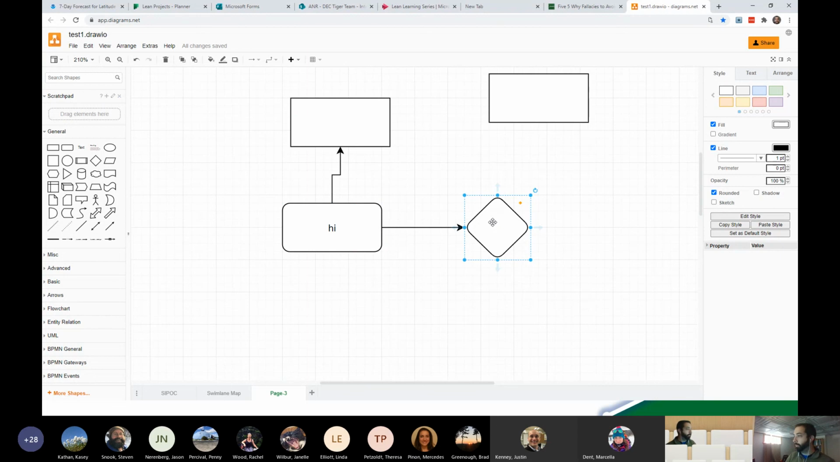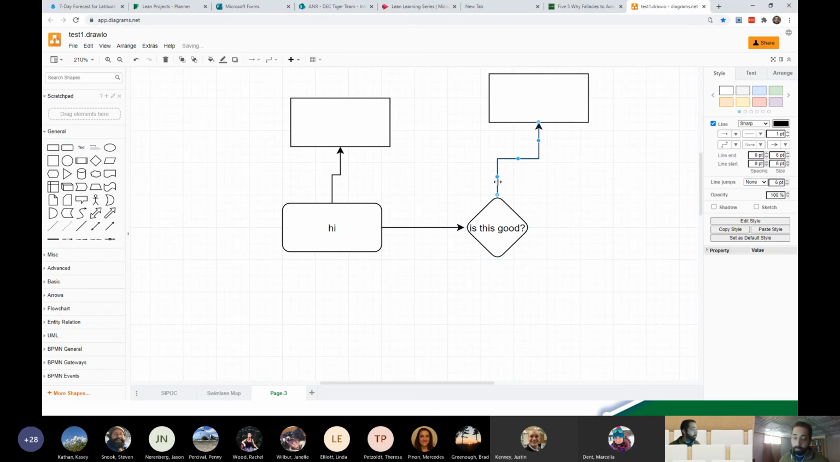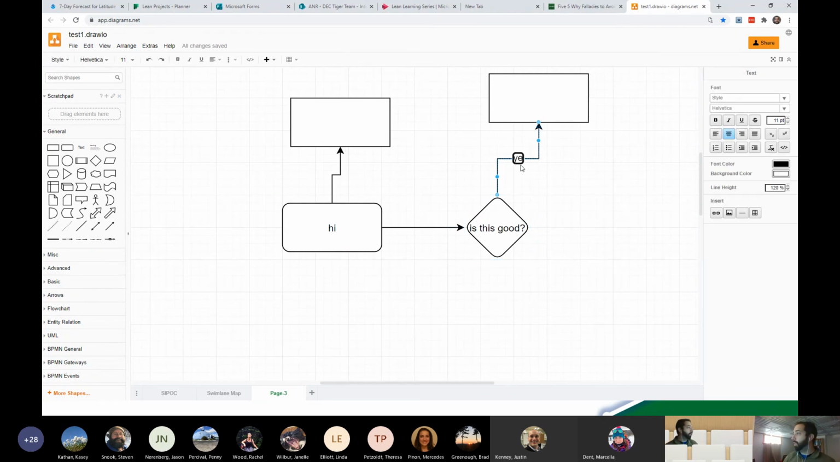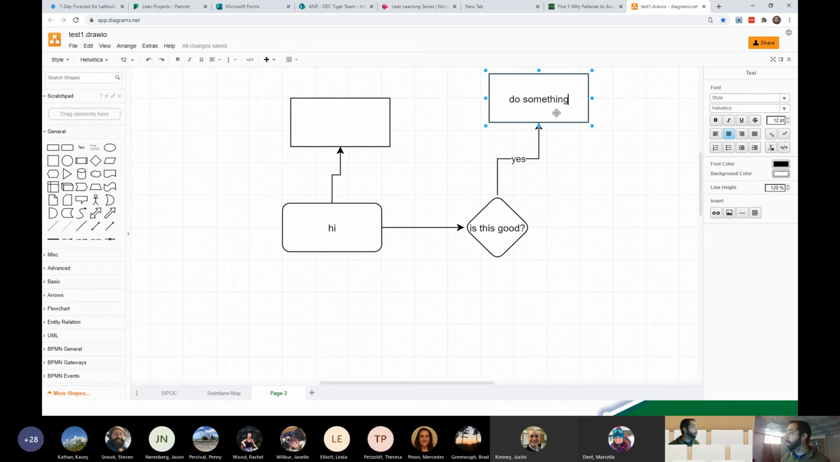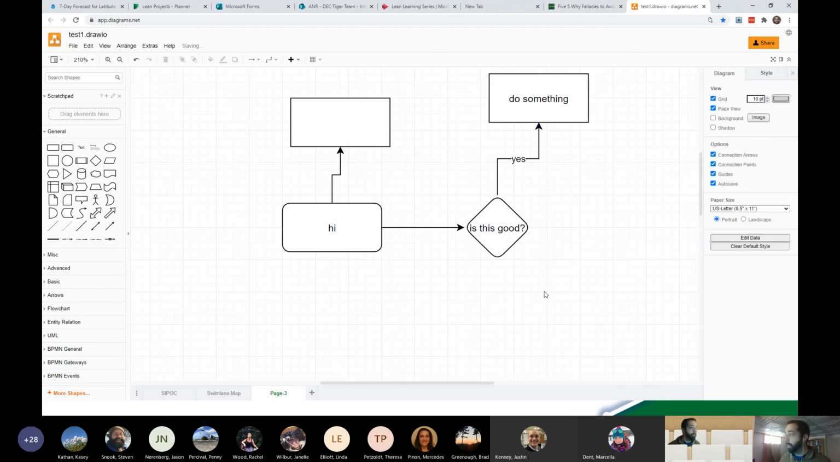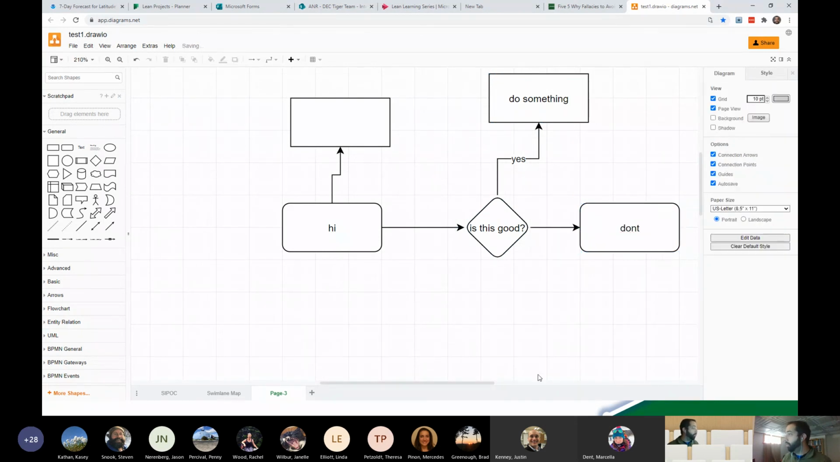So, is this good? If yes, I can just start typing yes, and then do something. If it's not, I'm going to go ahead and say don't. So you can see,